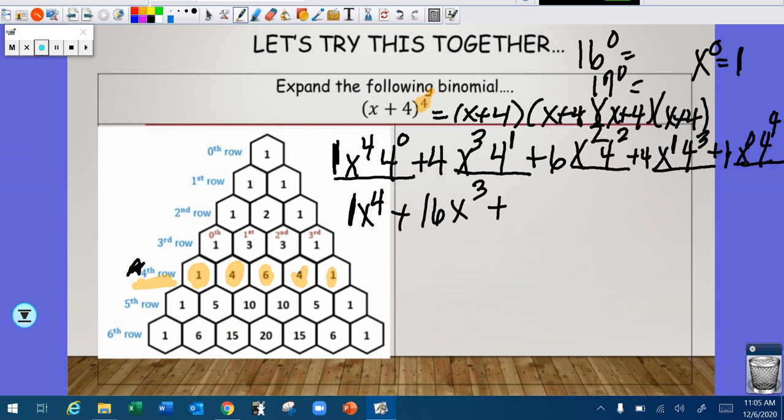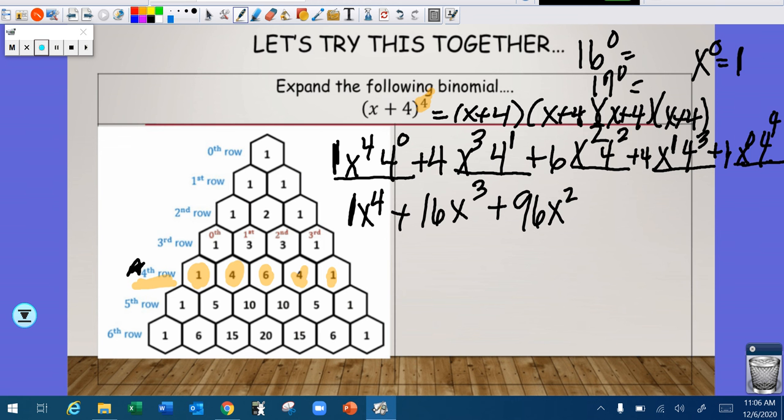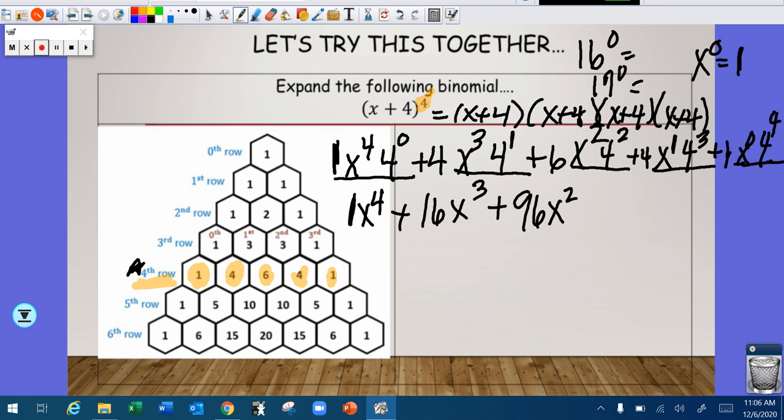So 16 times 6 is going to be 16 times 6, 60, plus that should be 96. And I'll go back and check myself just to make sure. So this is 4 times 4 raised to the 2nd power. Oh, because it's not 4, it's 6. Oh, okay. So it's 96 x squared